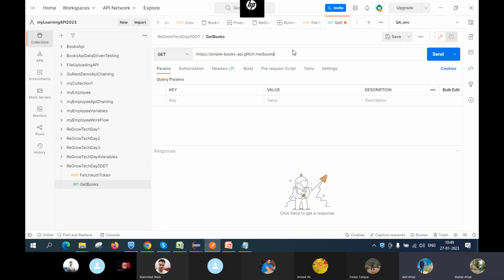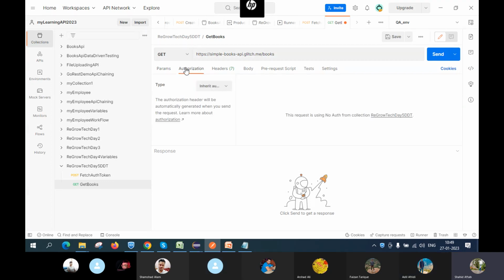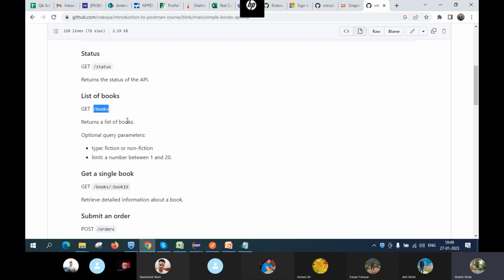Do we need to add a body? No, sir. Do we need to add authorization for this one? No, sir. No, because in the documentation it's not mentioned anywhere that you need authentication